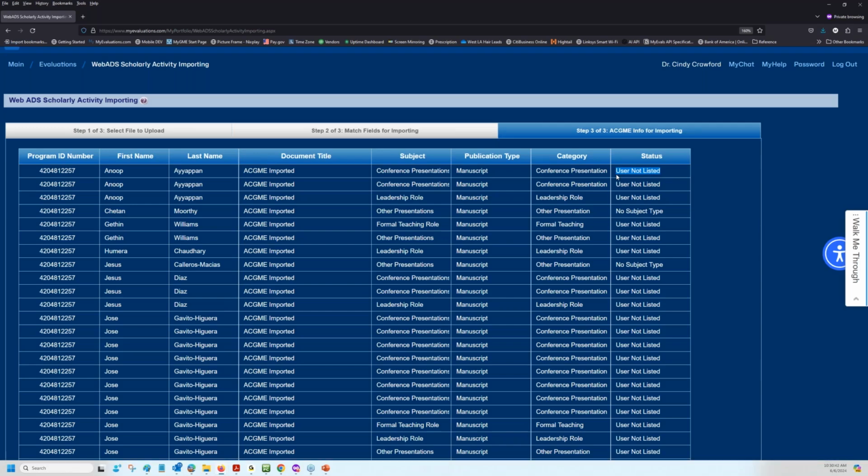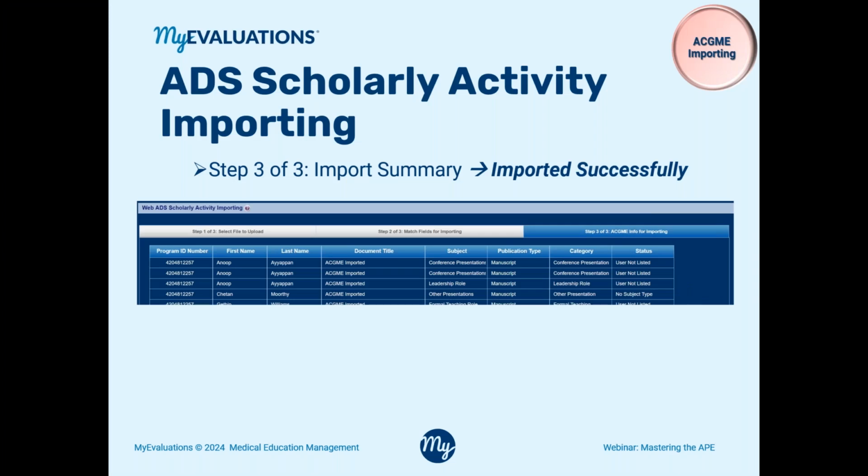So if, for example, I'm importing data for this particular individual and they don't exist in my system, then the system won't be able to pull in that data. So this is your confirmation. Obviously, I'm using an example over here to illustrate using actual data, just to give you a clear understanding of how that works. Now, moving on from that,